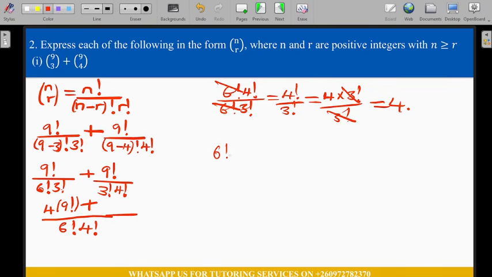So we say 6 factorial 4 factorial, now divide by what we have just here, which is 3 factorial 4 factorial. So here we can see that 4 factorial and 4 factorial cancel. Now we remain with 6 factorial over what? Over 3 factorial. So for this, we reduce 6 up to 3, so it will be 6 times